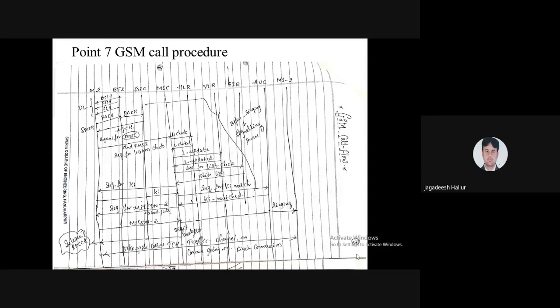It is a request for a list check. The white list is nothing but the list of daily communication users. The Equipment Identity Register, that is the EIR, will send back an acknowledgement that the person who is requesting the service is in the white list. So all the process has been checked through the MSC, HLR, VLR, and EIR. Almost all the process has been completed. 80% of the work is over.